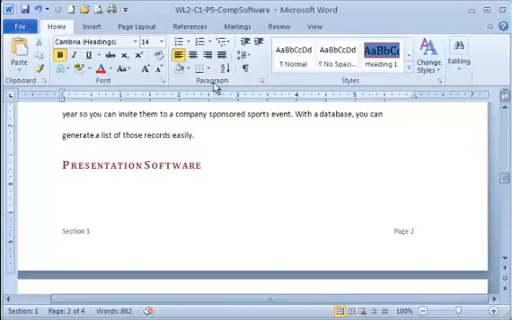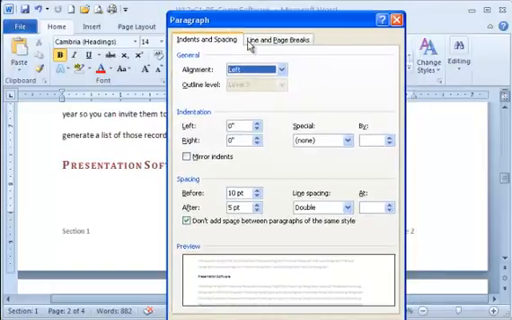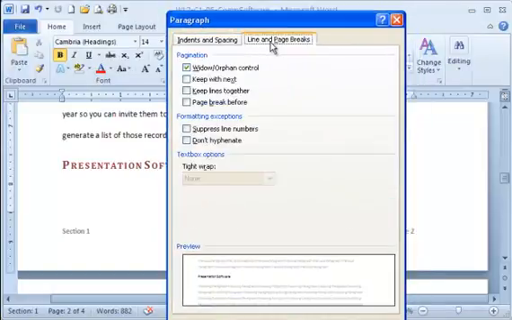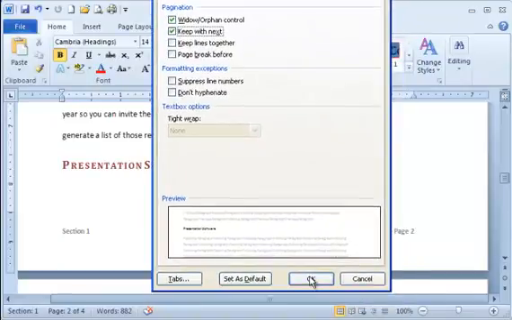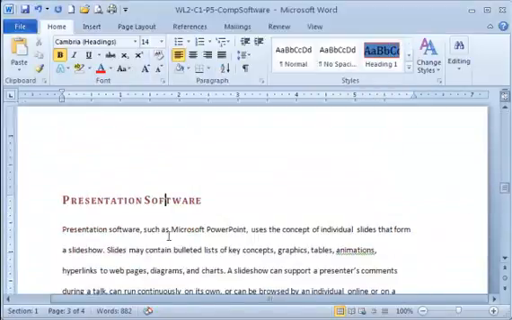This is on the Home tab, Paragraph Group, Paragraph Dialog Box, and within that we're going to go to Line and Page Breaks, and then we're going to say Keep with Next. Alright, and then I'm going to click OK, and that'll automatically shift that. Notice it shifted it to the next page. Okay,